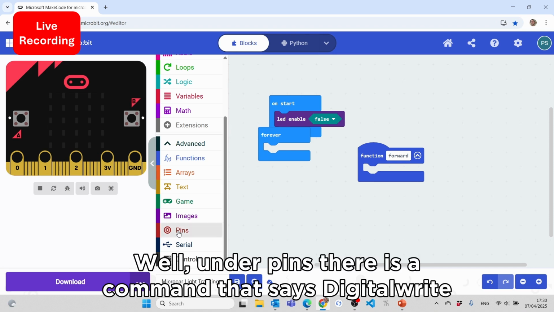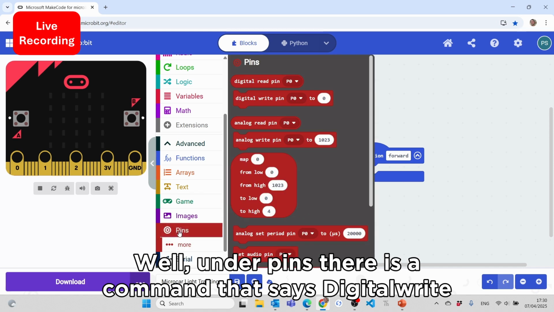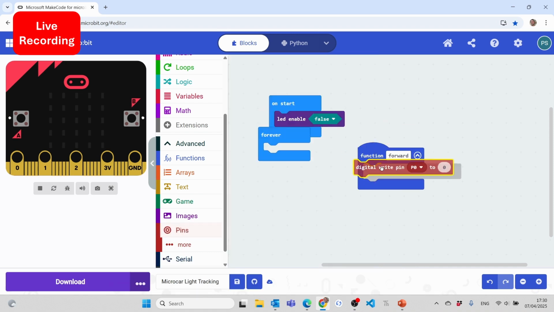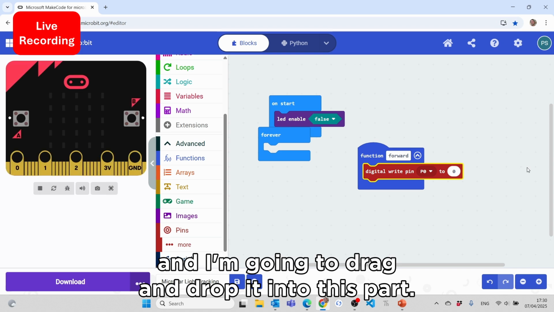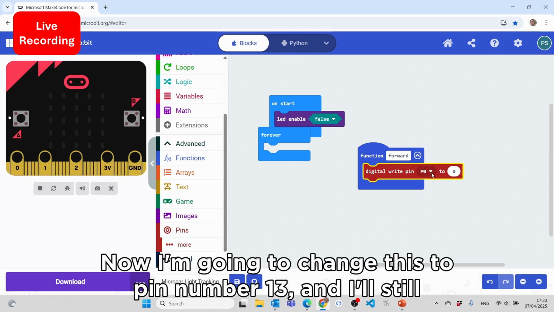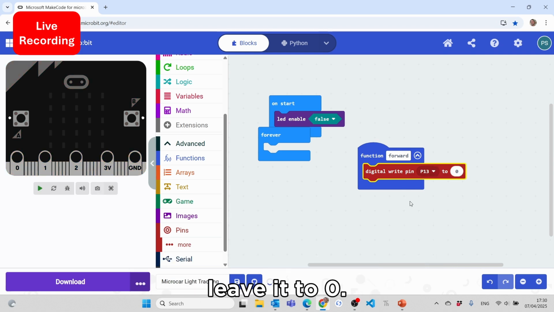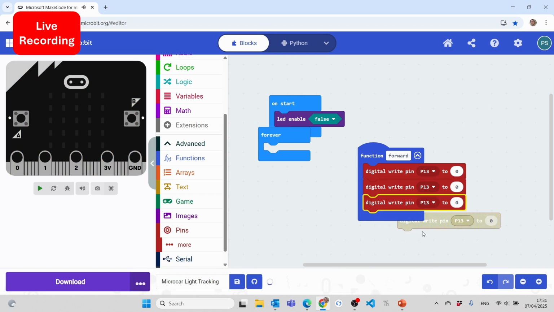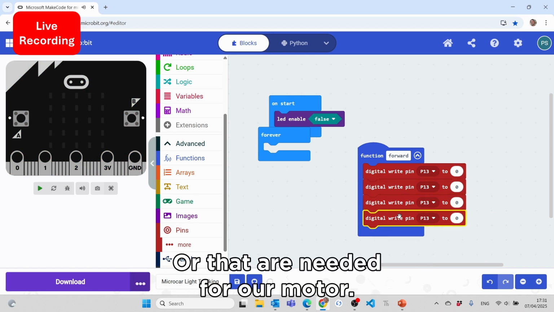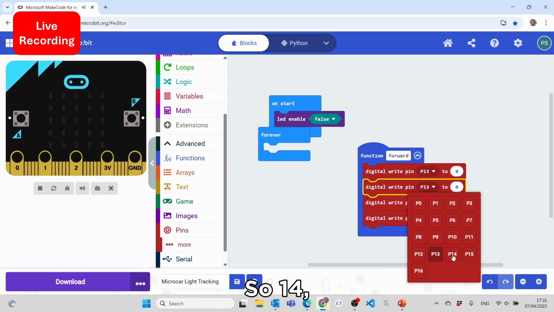Well, under pins, there is a command that says digital write, and I'm going to drag and drop it into this part. Now, I'm going to change this to pin number 13, and I'll still leave it at 0. I have to do this for all the 4 pins that we have defined, or that are needed for our motor. So 14,